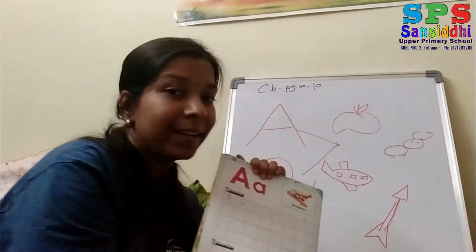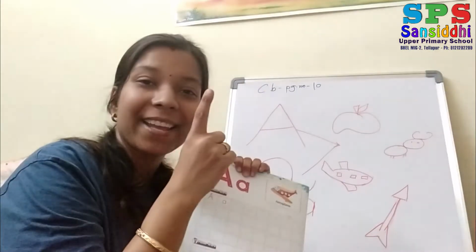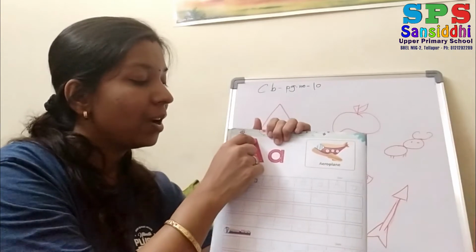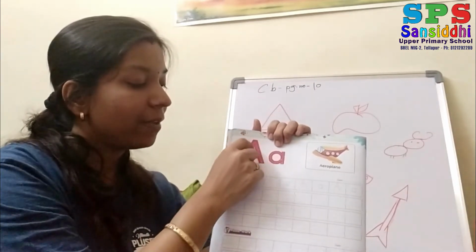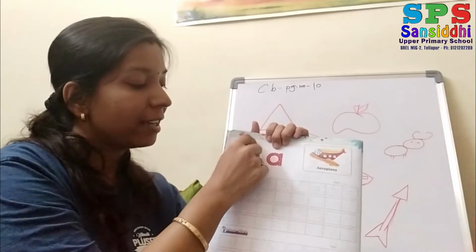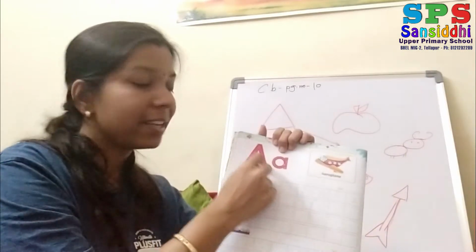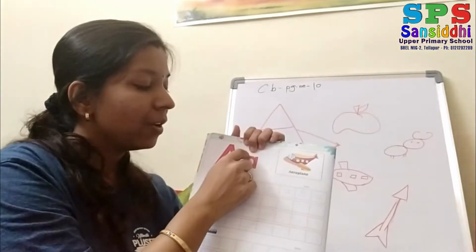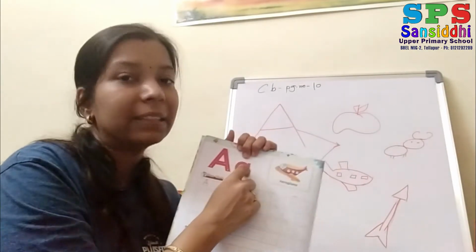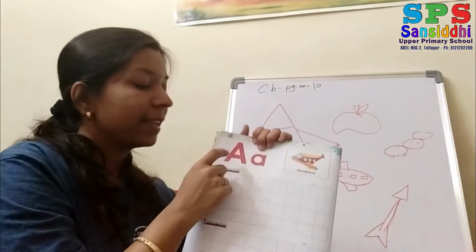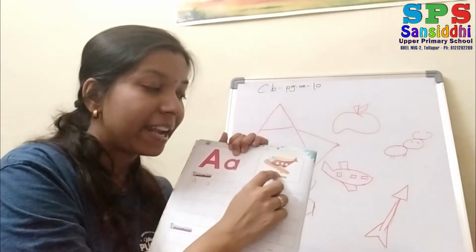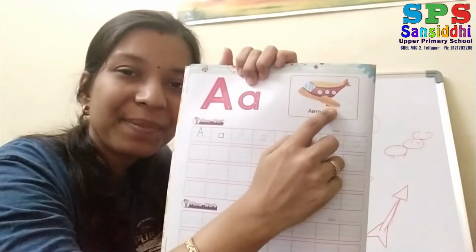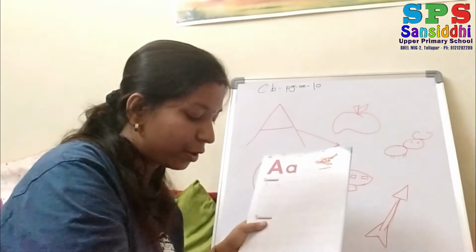Now which finger is this? Yes, this is the index finger. Keep your finger here. They have given like this: one left slanting line, right slanting line, left slanting line and sleeping line. So this is a capital A, and one curve and standing line. This is a small a. Capital A and small a. And A for? A for aeroplane.